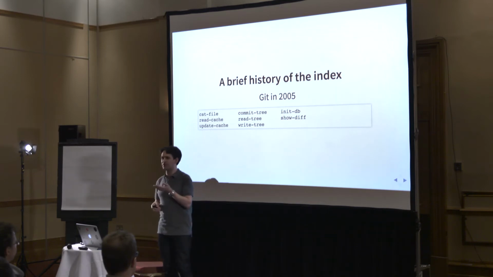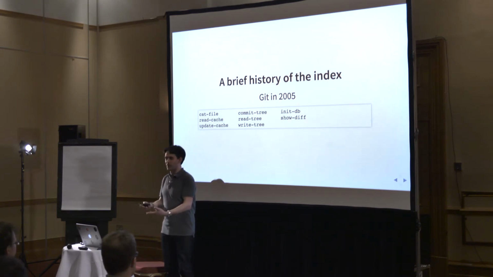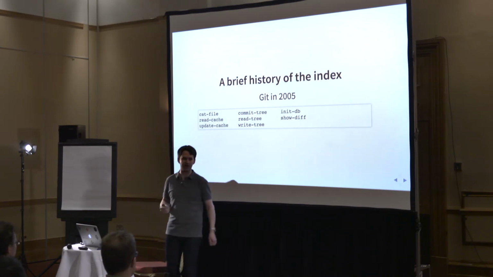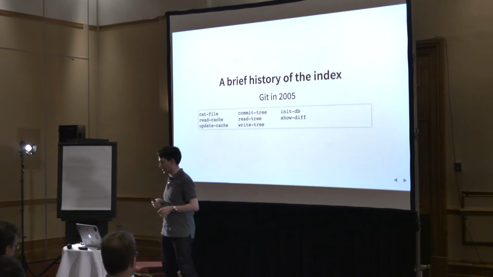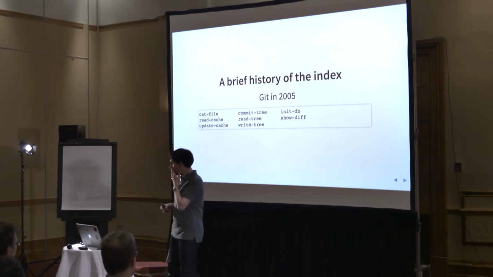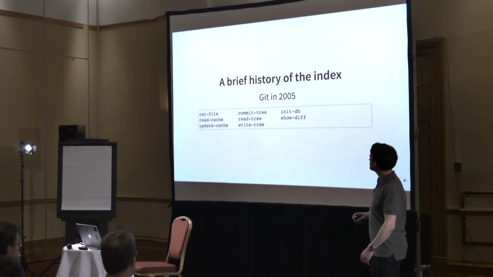And the interesting thing to note, so take this with a pinch of salt. Obviously, the first version for which there is a commit has some sort of a commit command. Otherwise, we wouldn't have that commit. So there'll have been versions where we've been hashing objects before Linus made the first commit that is still in the history. But one of the interesting things to note is that of the commands,